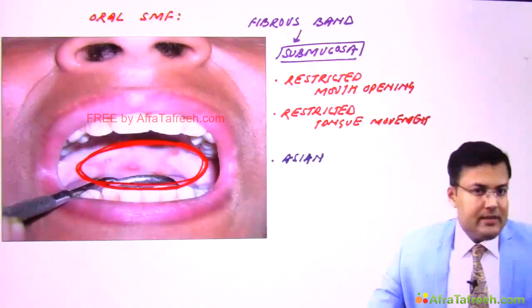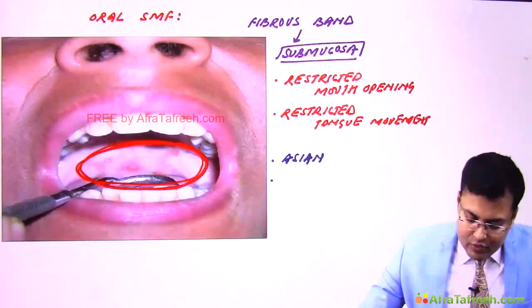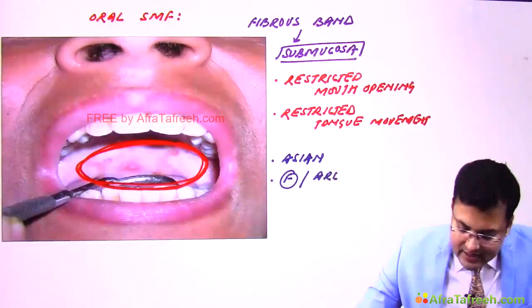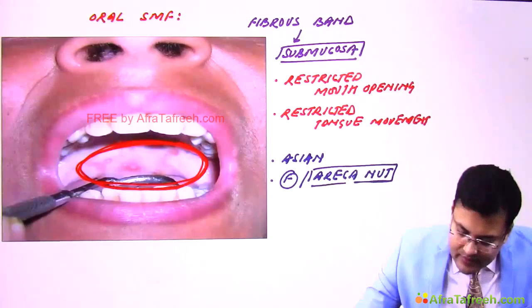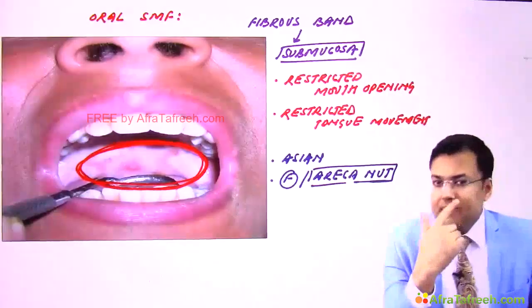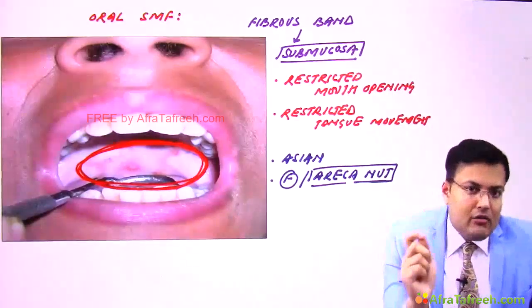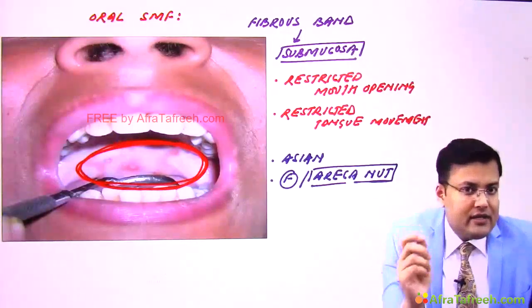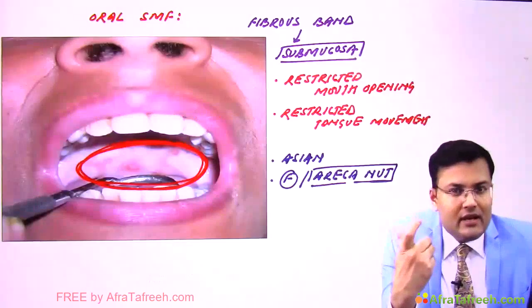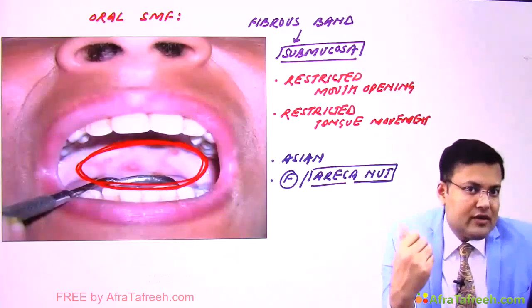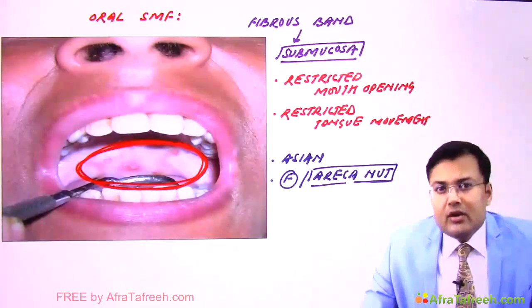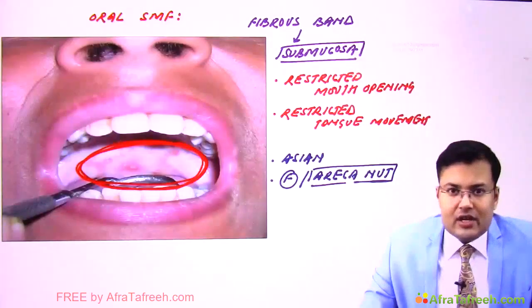Clear? So it is typically seen in the Asian population, more common in females who have the habit of chewing areca nut. So what is the risk factor? Areca nut. Clear? Now the problem is the presence of a fibrous band. So how can you avoid the fibrosis? In any condition in which there is excessive fibrosis, generally we give an intralesional injection of steroids. Which particular agent? Triamcinolone. So here also we go for intralesional injection of triamcinolone.